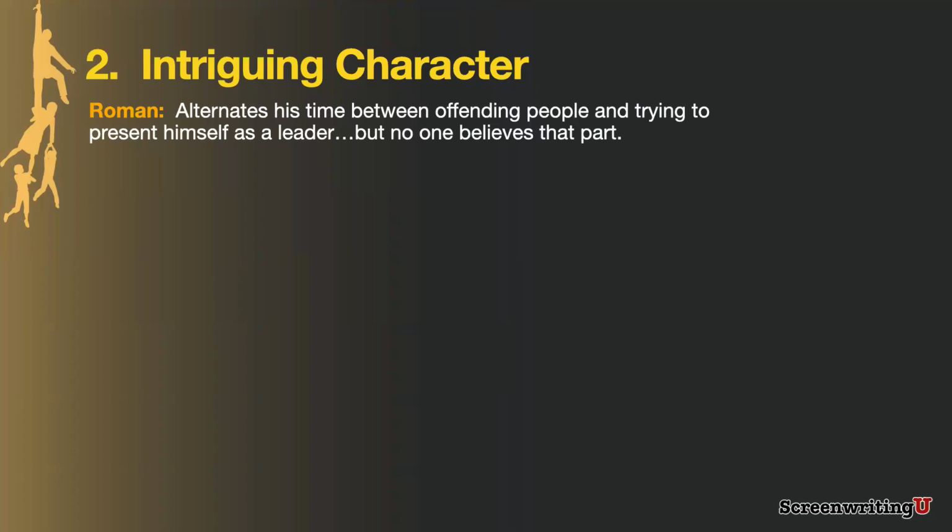I thought early in the series he was just going to opt out and tell everybody to go to hell. But no, he keeps offending them, and then he keeps asking them for their support. And nobody believes that second part. Nobody sees him as a potential leader. His father manipulated him, used him, acted as if he was going to make Roman a leader, but continually said, there's no way, he's too immature, and can't stop doing what he's doing.